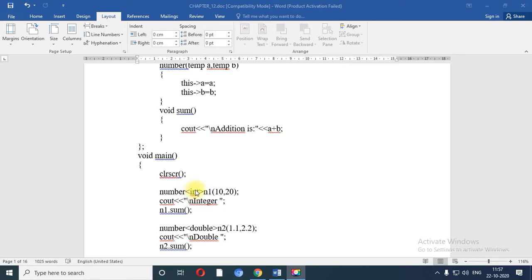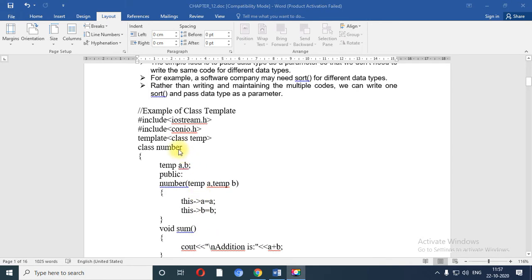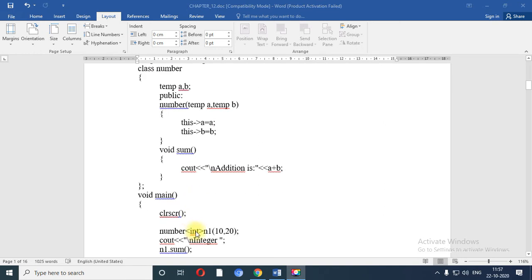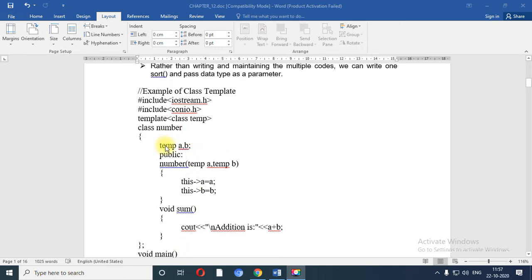Over here we are going to pass int, and in brackets 10 comma 20. So now what happens, using this particular line, wherever you have used temp, it will consider it as an int. That means over here int a comma int b.